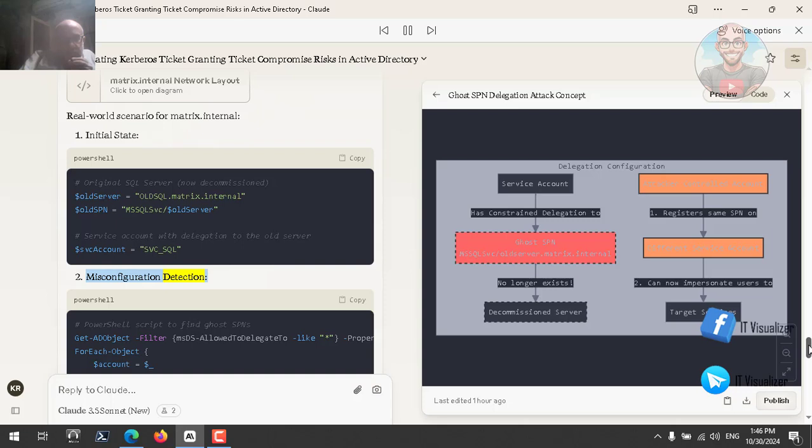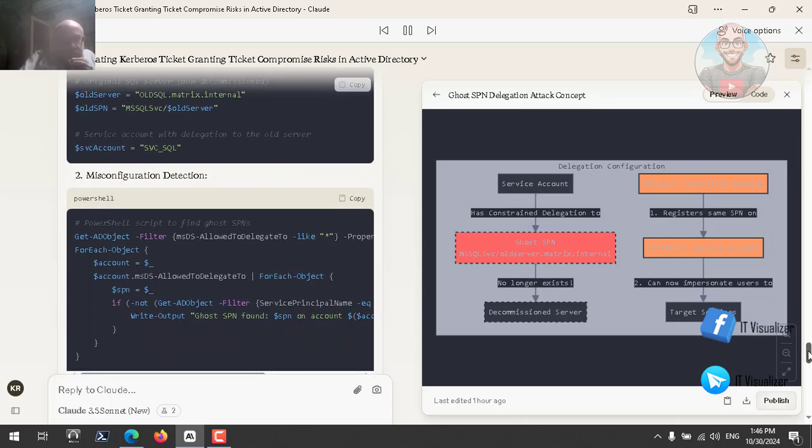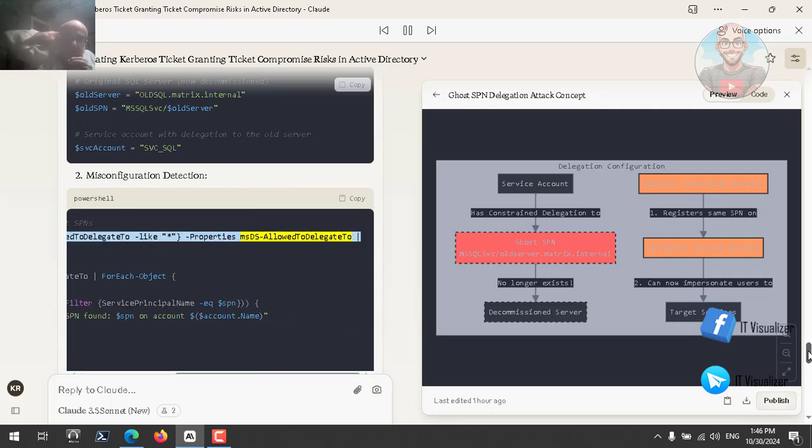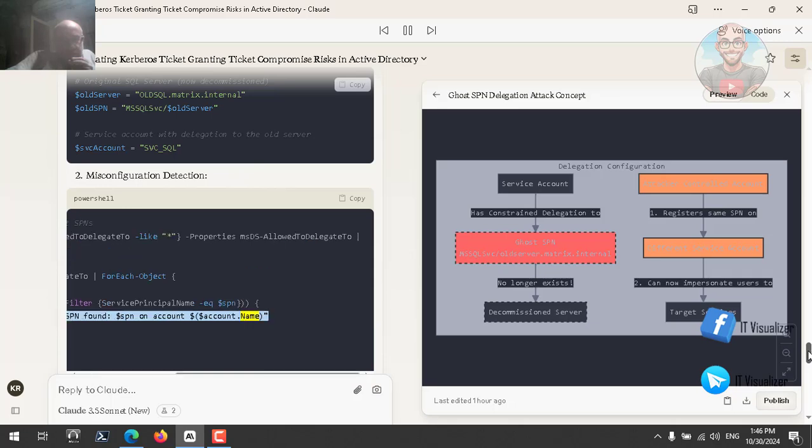Misconfiguration detection. PowerShell. Copy. # PowerShell script to find ghosts. Get-ADObject -Filter msDS-AllowedToDelegateTo -like "*" -Properties msDS-AllowedToDelegateTo | ForEach-Object { $account = $_; $account.msDS-AllowedToDelegateTo | ForEach-Object { $SPN = $_; if (-not (Get-ADObject -Filter servicePrincipalName -eq $SPN)) { Write-Output "Ghost SPN found: $SPN on account $account.Name"